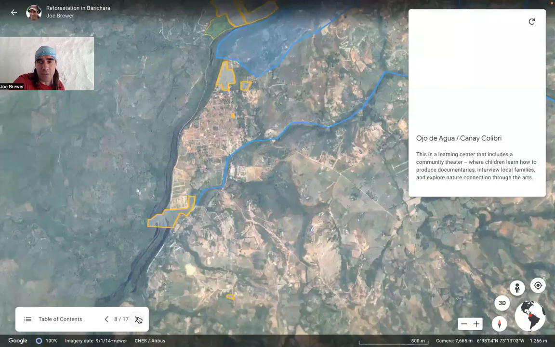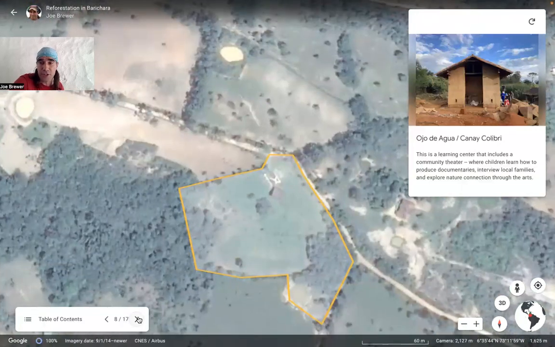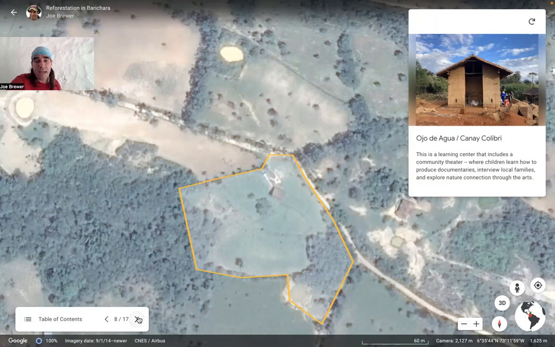Now, the next piece of land that I want to show you is called Ojo de Agua, and also a new traditionally constructed mud and earth building that is a community theater called Cane Colibri. And the thing about Ojo de Agua is that this is a foundation, Fundación Ojo de Agua, where they are setting up a learning center using the theater that's being constructed now. But for many years, the owners of this project, Oscar and Emilce, have been working with the area schools and with area children, using insights and techniques from theater,